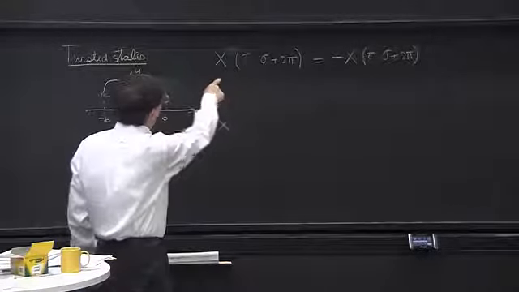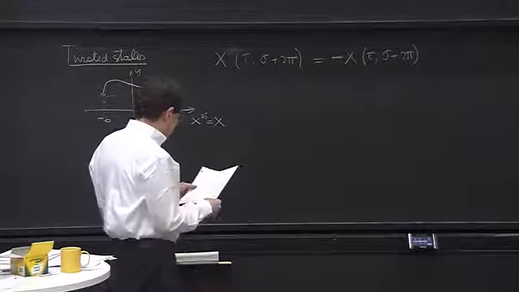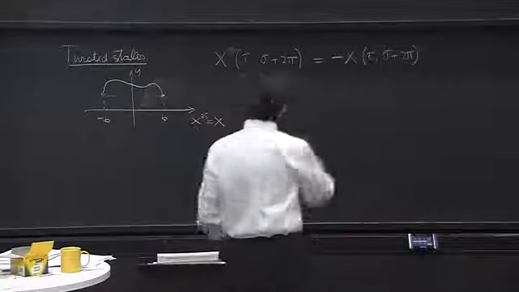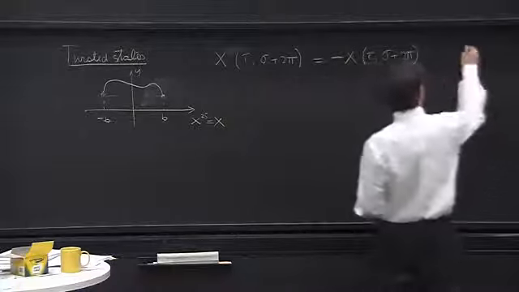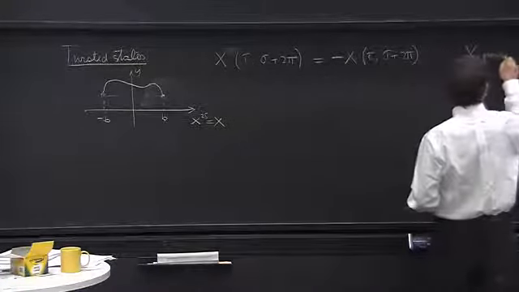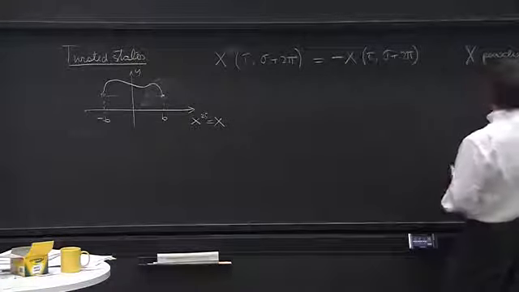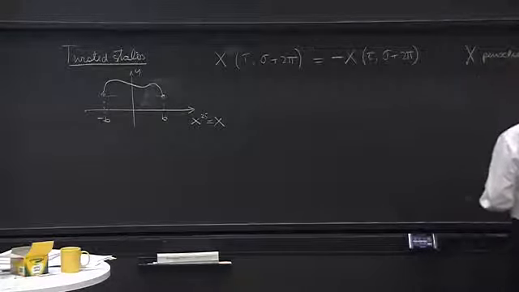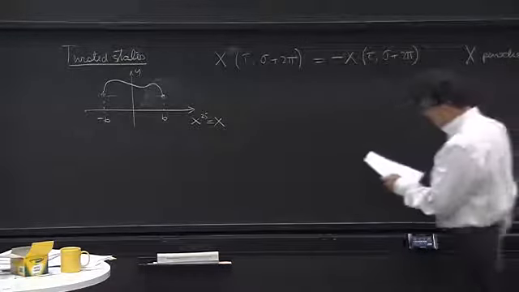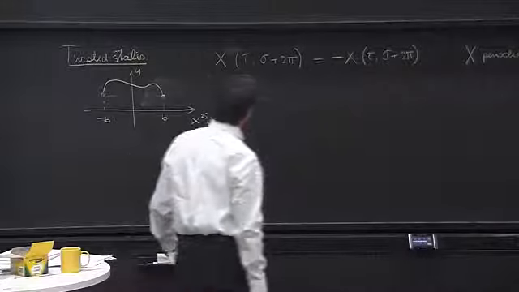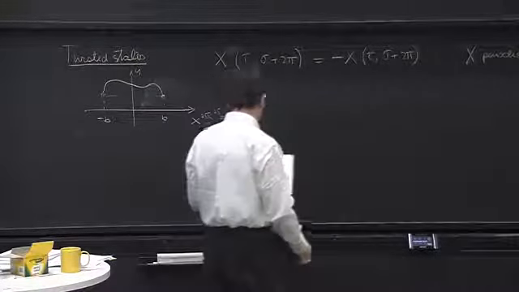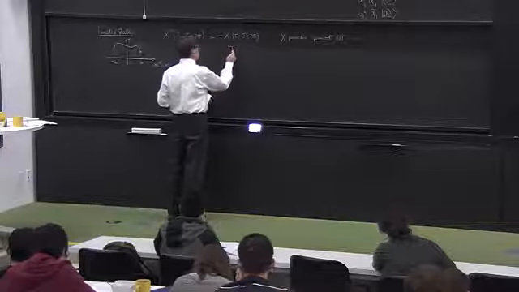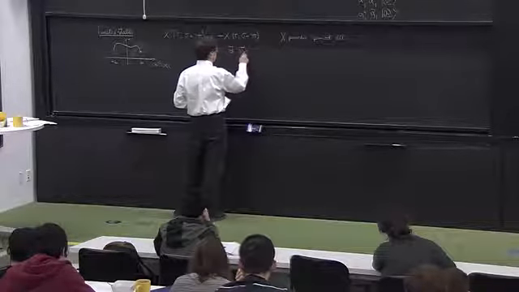So we need to analyze what this gives, and this gives you an x that is periodic with period 4 pi. But another thing that is interesting is that there exists some sigma star,